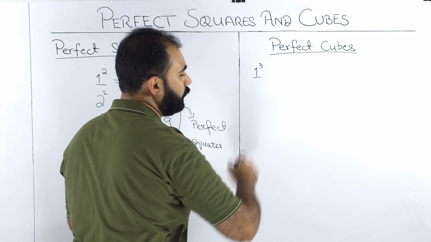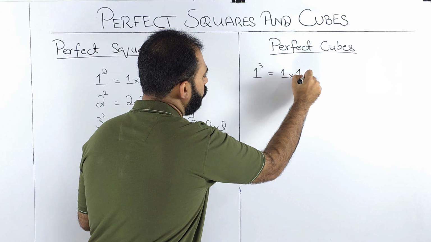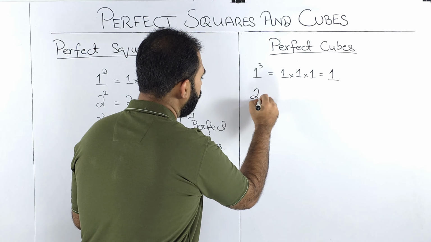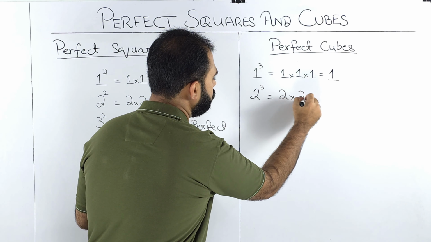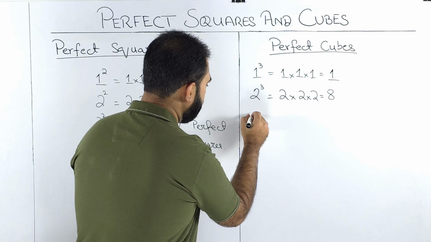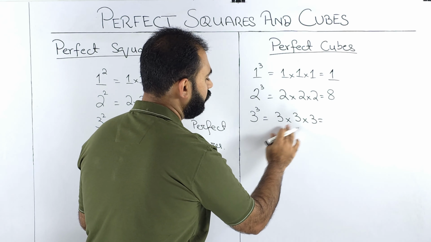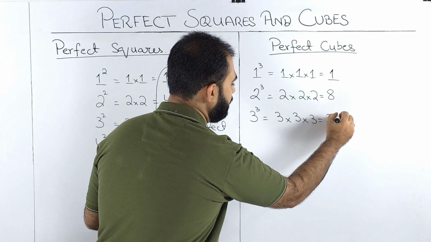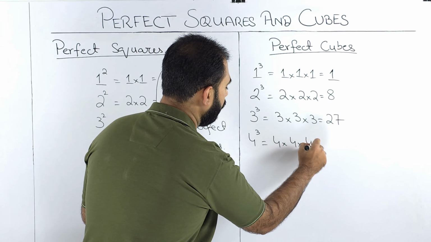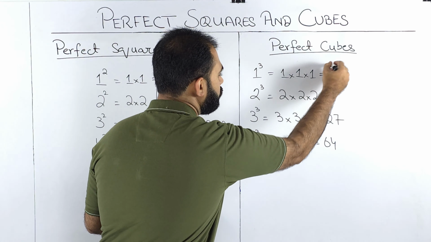Whenever any whole number is cubed, let's say 1 cube, this means 1 into 1 into 1, and this gives us 1. Let's say 2 cube, 2 into 2 into 2, 2 into 2, 4, 4 into 2 is 8. Let's say 3 cube, 3 into 3 into 3, that is 3 into 3, 9, and 9 into 3 is 27. Let's say 4 cube, 4 into 4 into 4, 4 into 4 is 16, and 16 into 4 is 64. So these numbers